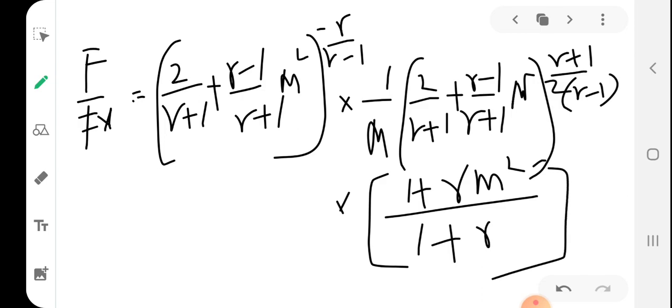So this much. If you continue to simplify this, don't worry about the simplification. The final answer will be like this: